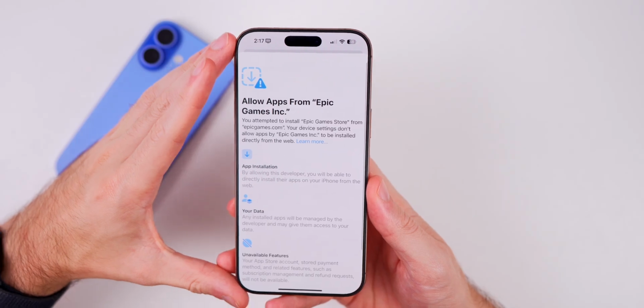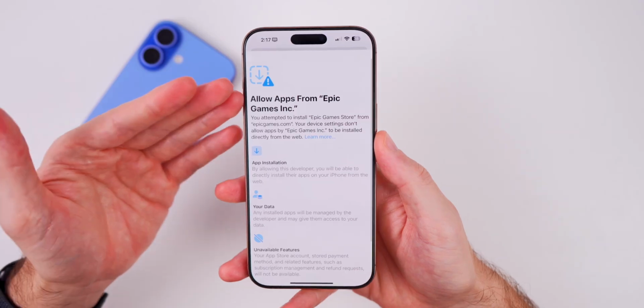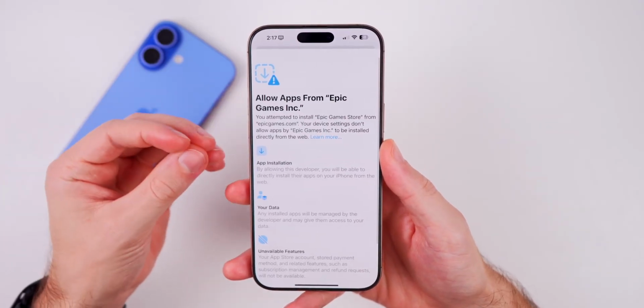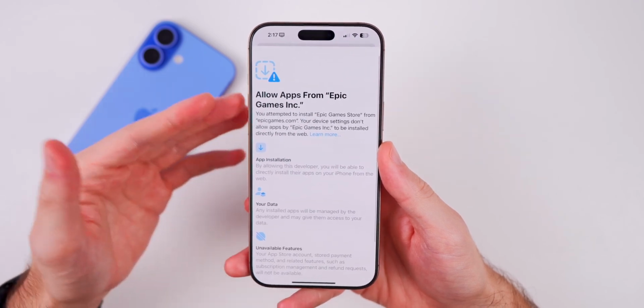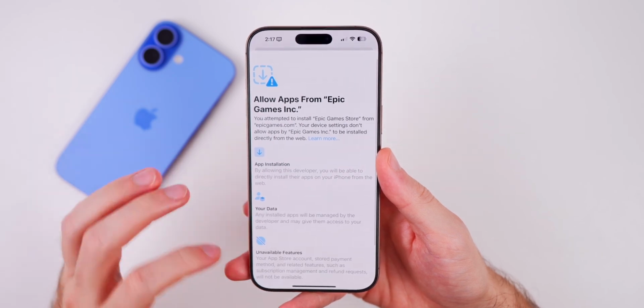I'm not sure, but it does show this, and Apple did also update their developer page to say something about this as well. So it says that following feedback from the EU and from developers, in iOS 18.2, developers can test the EU-specific features such as alternative browser engines, contactless apps, marketplace installations from web browsers, and marketplace apps from anywhere in the world. So it looks like this is actually going to be coming with iOS 18.2, at least in these betas, but I was not able to install the Epic Games marketplace, the Epic Games application on my